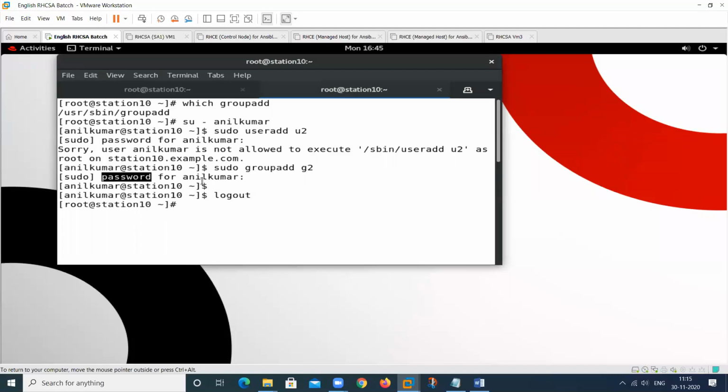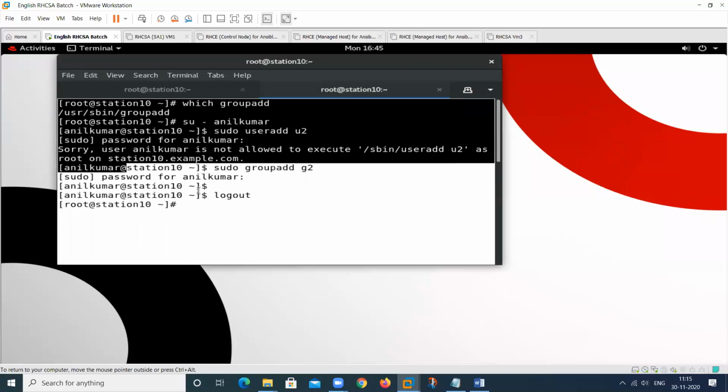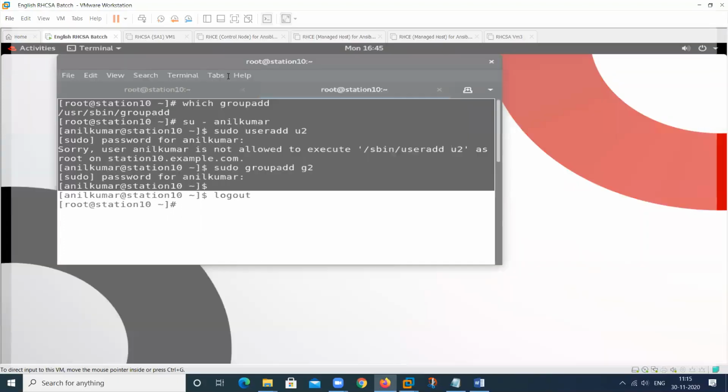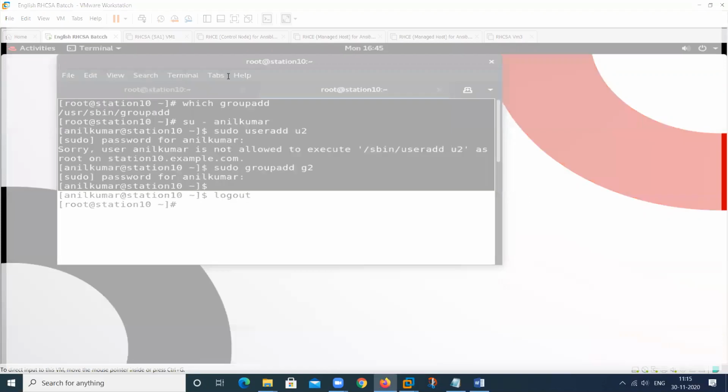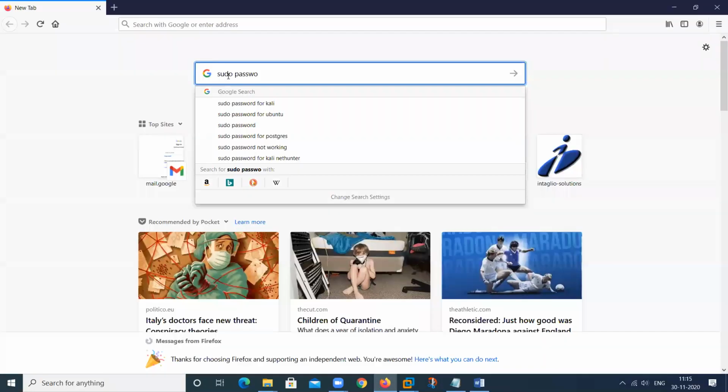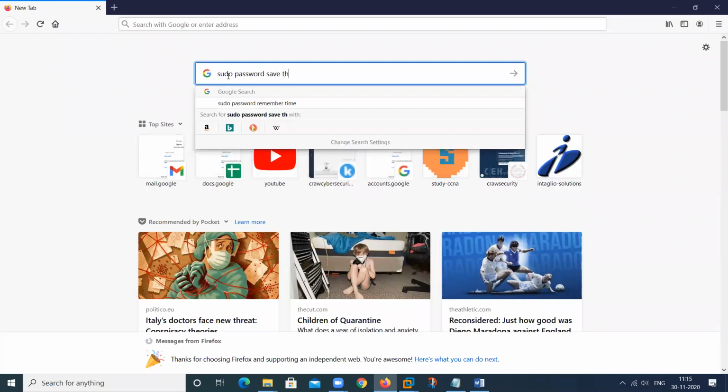So if we keep the system on for like 12 hours and we keep working under that, will it not ask again? It will ask you again. I will show how much time the sudo password saves the entry.